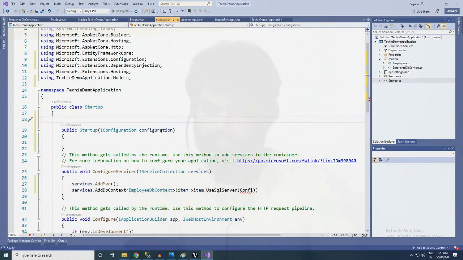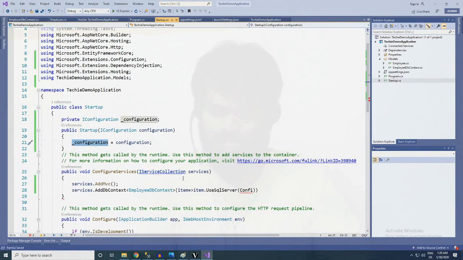So we need to save this configuration so that we can configure it here. For that I will create a private variable and add an IConfiguration, underscore configuration, some name, and I will assign this configuration value to our local variable.